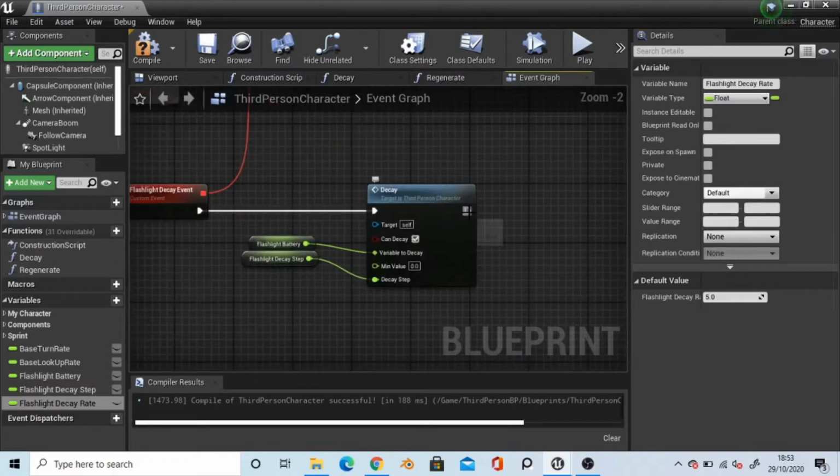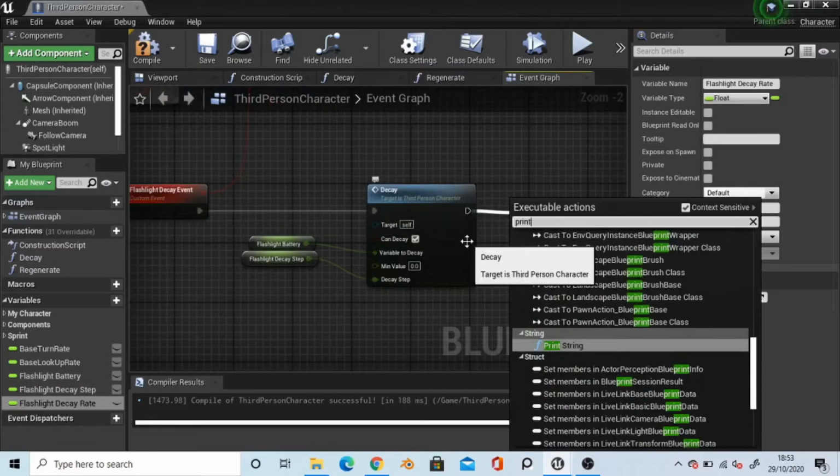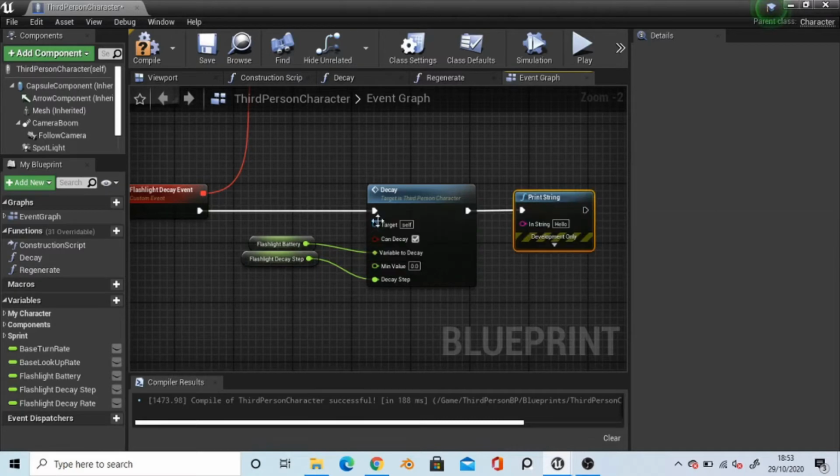and I'm just going to print the flashlight battery to a string. If you're wondering how I'm adding the reroute nodes in, it's literally just double click on the wire here and it should add one in. Now,